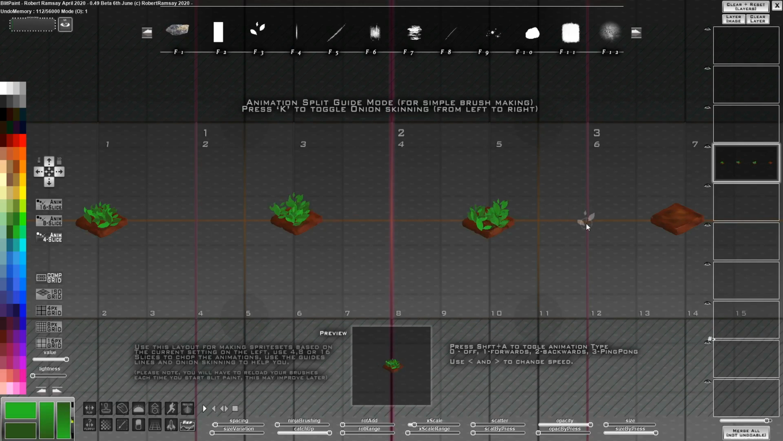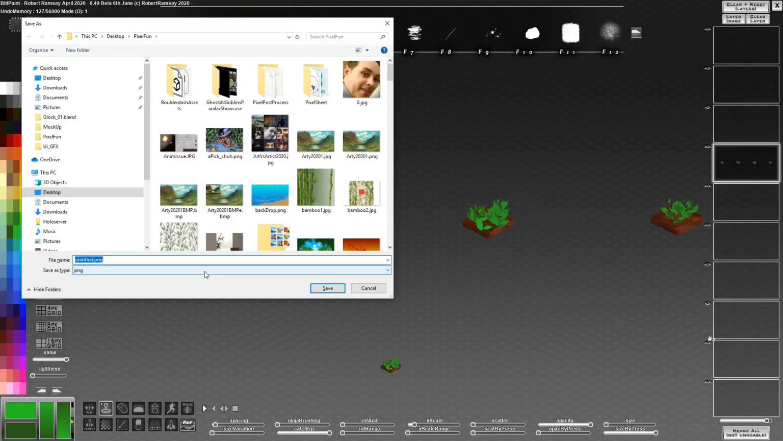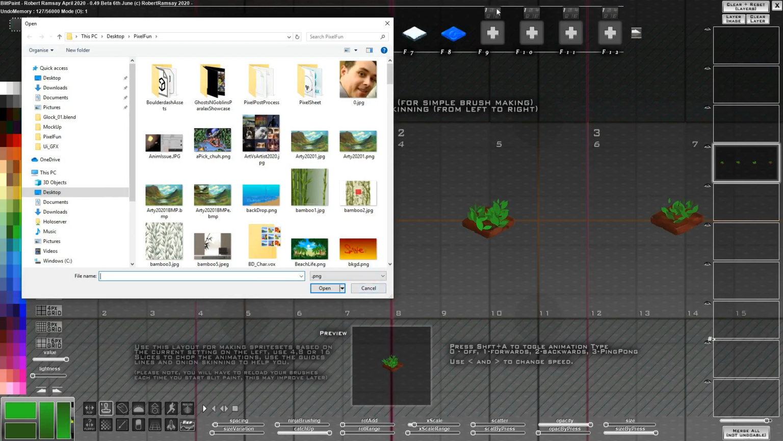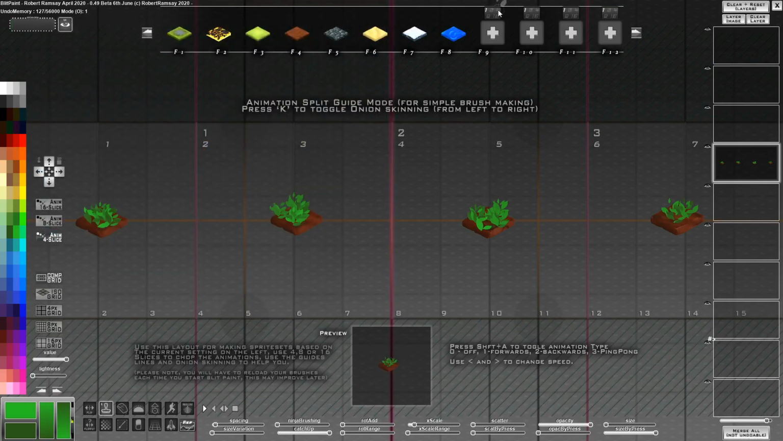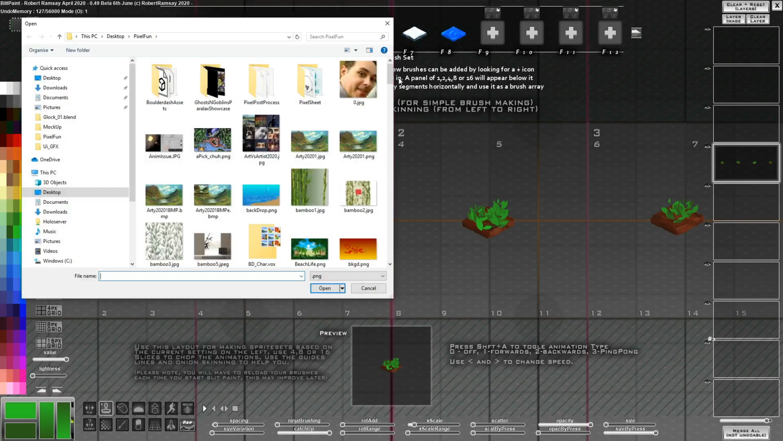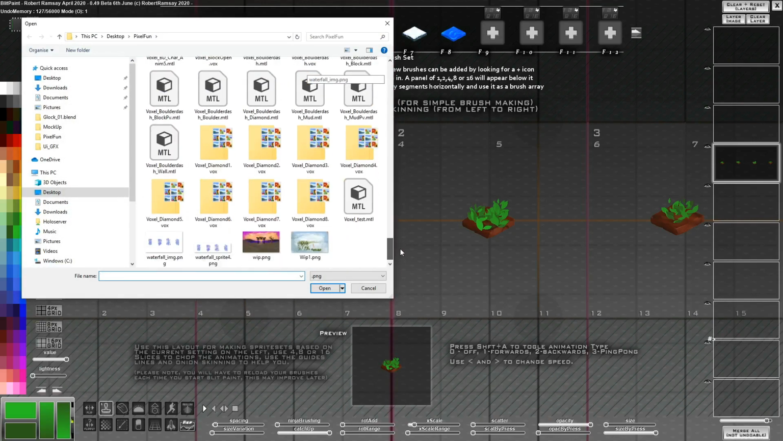So when you do something like this, you're basically making a brush set. Okay, it looks animated here, but you can save this out just by doing Control S. And I'm just going to save this as test. And if you go to a new brush and left click, yeah, you can load in a single image, but we want to load in a 4 slice. And we're going to load in the test one,